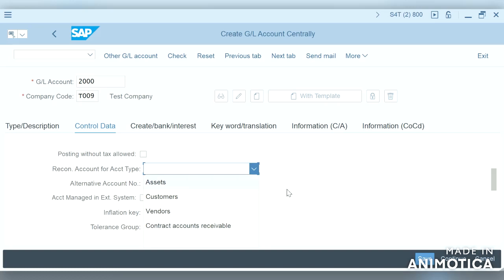If we set this reconciliation account for account type, this will become a reconciliation account and this is a subledger account. We cannot directly post to this account. Transactions to this GL come from subledgers.